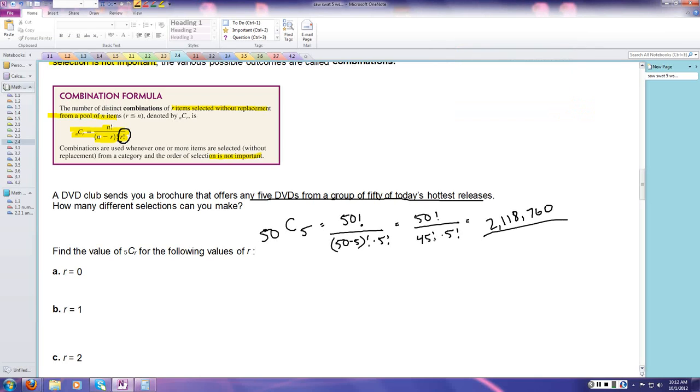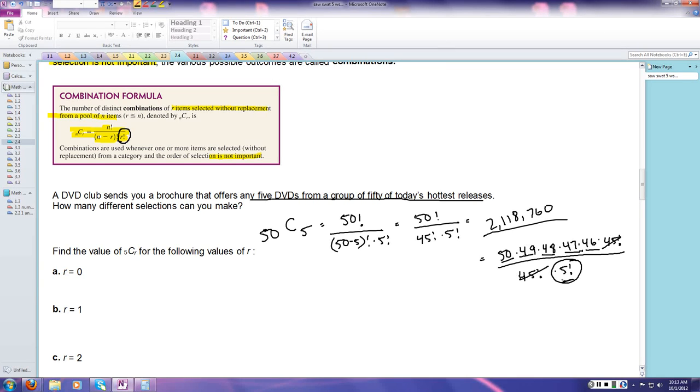Another way you can enter it is that 50 factorial would be 50 times 49 times 48 times 47 times 46 times 45 factorial. The reason I decided to stop at 45 factorial is because I have a 45 factorial in my denominator. So the 45 factorials cancel, and I could do 50 times 49 times 48 times 47 times 46 divided by my 5 factorial, because that's how many different ways I could rearrange picking 5